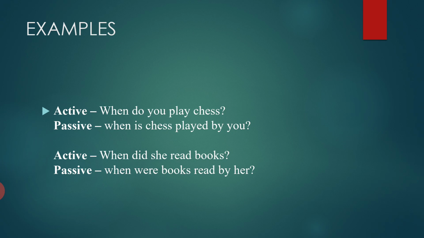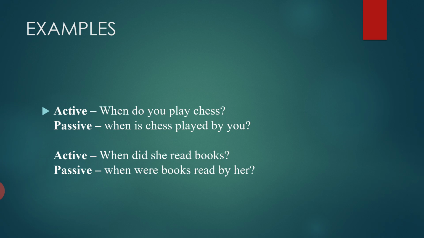Examples. When do you play chess? When is chess played by you? When did she read books? When were books read by her? Okay, so do form is there, and you have to use am, is, are, was, were according to the tense. Like in the first do, it's